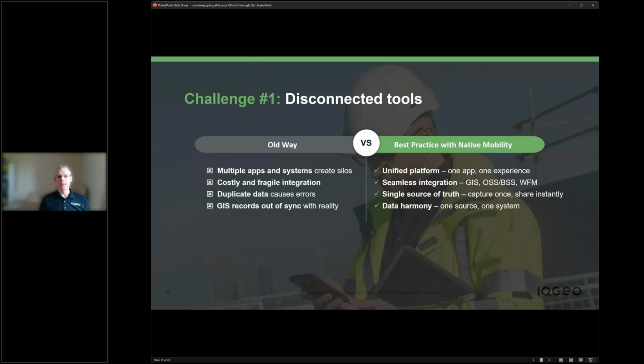That provides a single source of truth for the field operations teams, allowing them to capture information once and share it back instantly to other systems as well. And that all really results in data harmony.